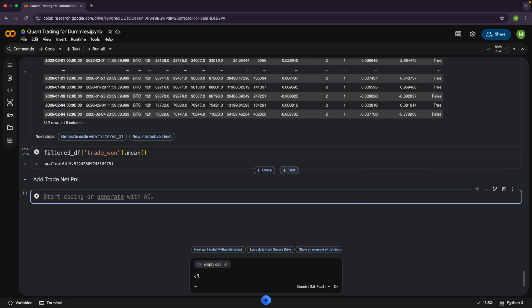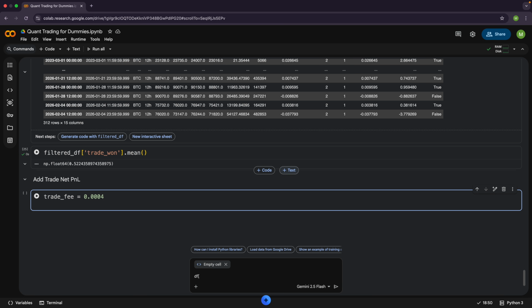So what we're going to do is add the trade fee. And the trade fee is 0.04%, which is, we measure things in basis points, 4 decimal places, okay? So this is 4 basis points, so I'll just put this in here. Okay, and now what we need to do is the filtered